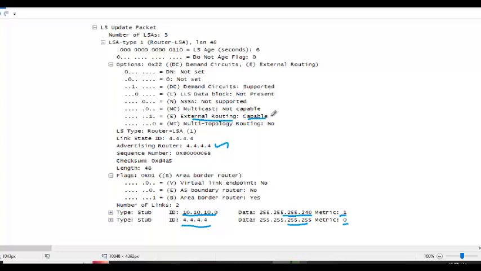Okay, advertisement age 6 seconds ago. Length of the packet. So this is the main information. This one, who is sending this? ABR is sending, and what is the router ID? Right, and what type of LSA it is? Type 1 LSA, which is called as router LSA. Okay, now this LSA is